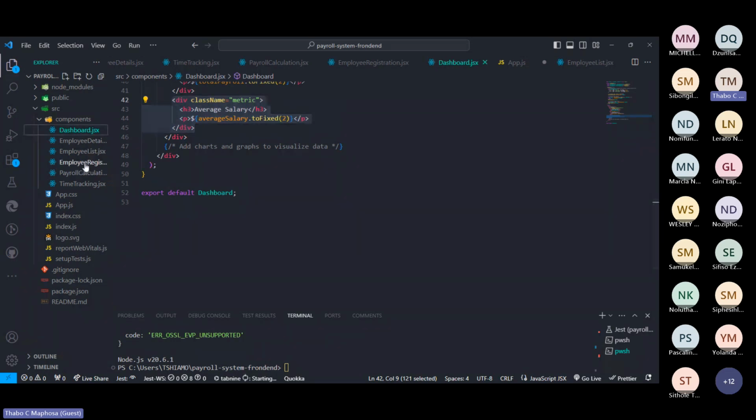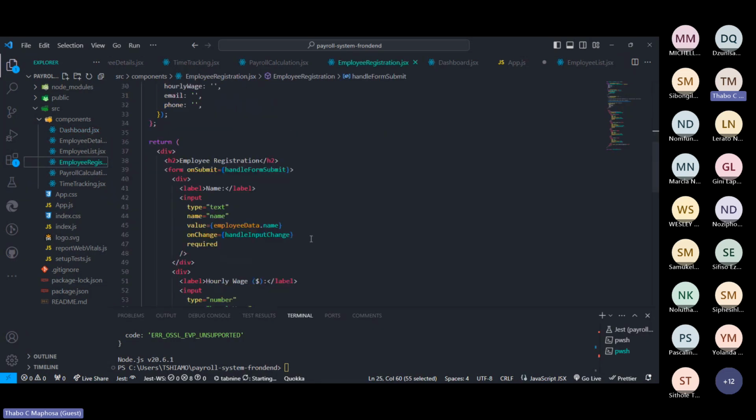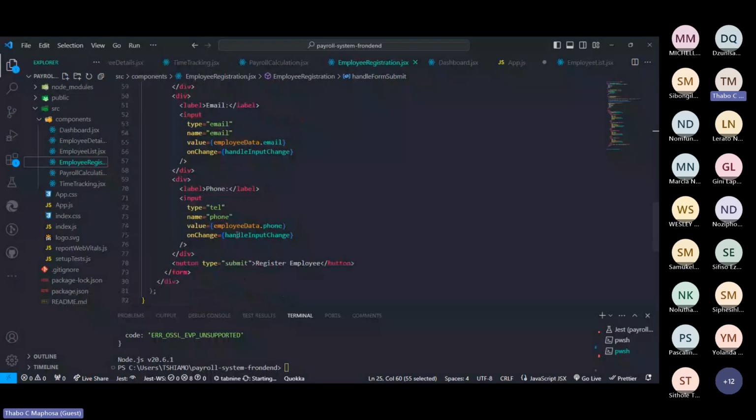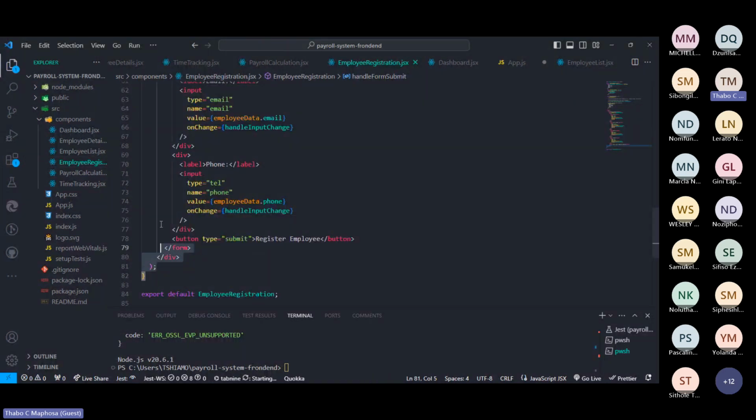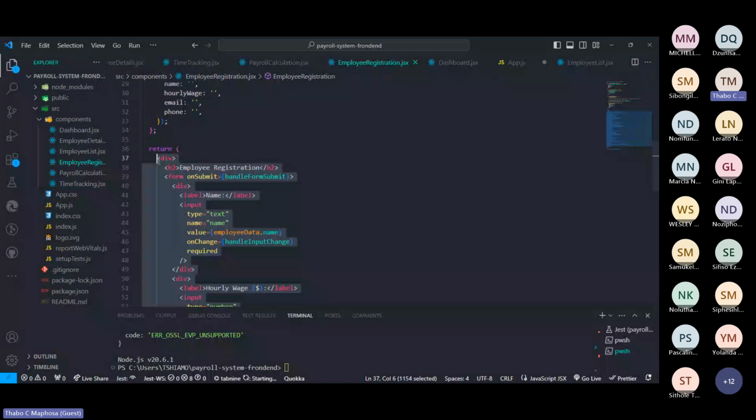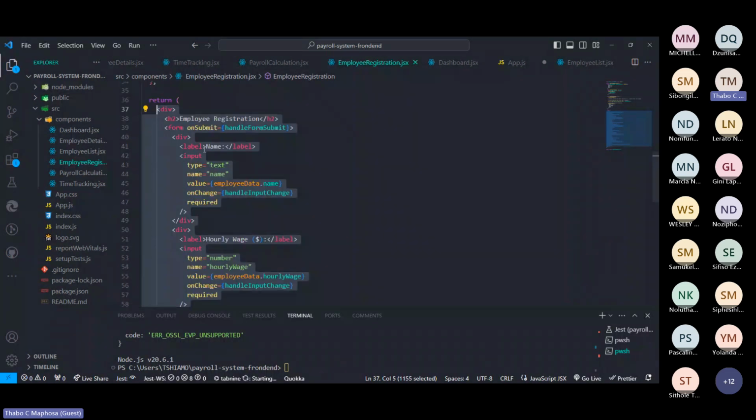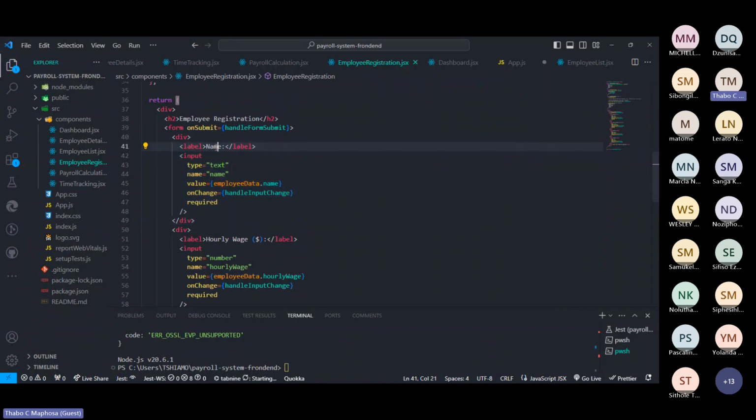And what is the registration? Simply, it calls a form. That's what I was saying: the registration calls a form. If you check here under the return statement, it is basically a form. Notice the form's submit method. The first div here deals with the label, the name of the form, and the input has a type of text, with a label called name.